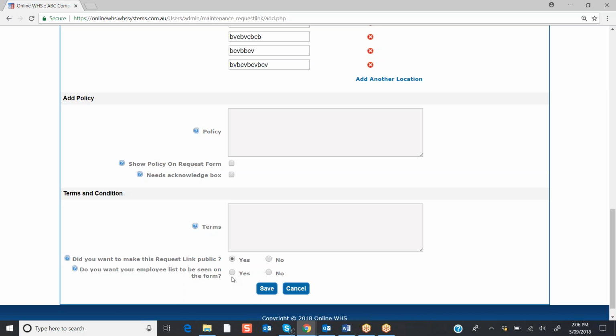The next one is a variable. Do you want to see your employee list on the form? Well, if you're an in-house business like ASCO Engineering, yes, you would say yes, you want your employee list on the form. If you're a nursery like Diana's business, you might select no, because the general public might scan this, and you don't want the general public to see your employee list on the form. So at this point in time, we're going to select yes, just so you can see. And if I select save,